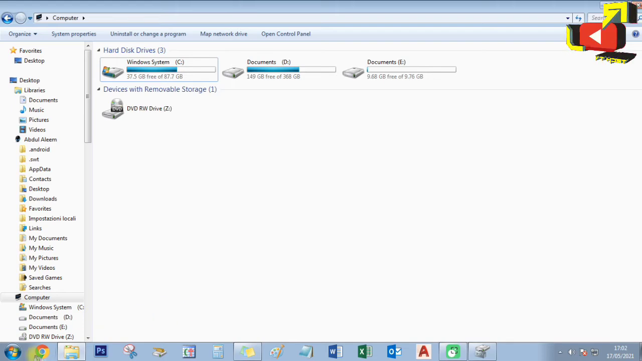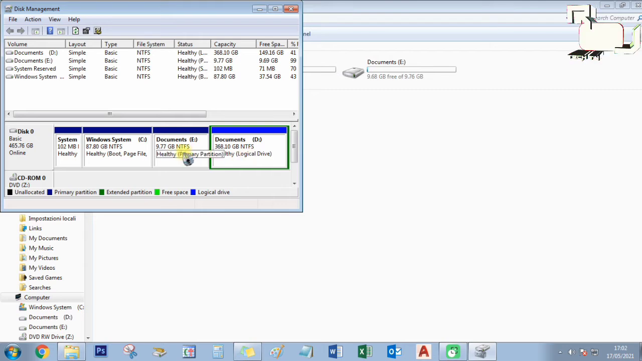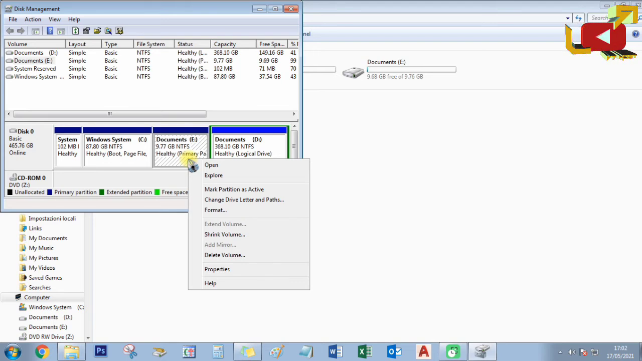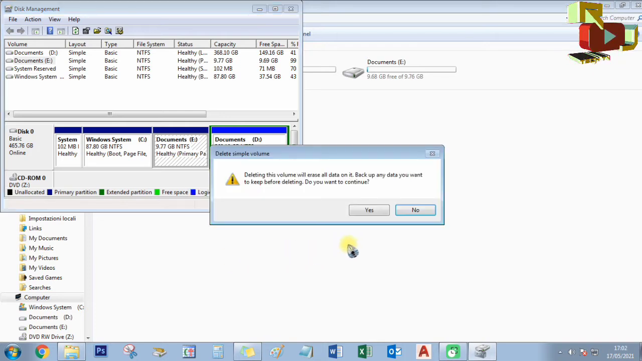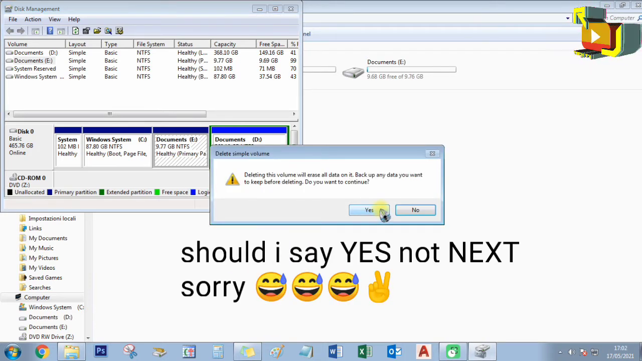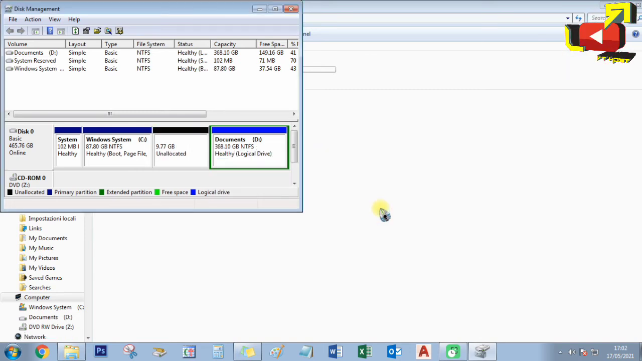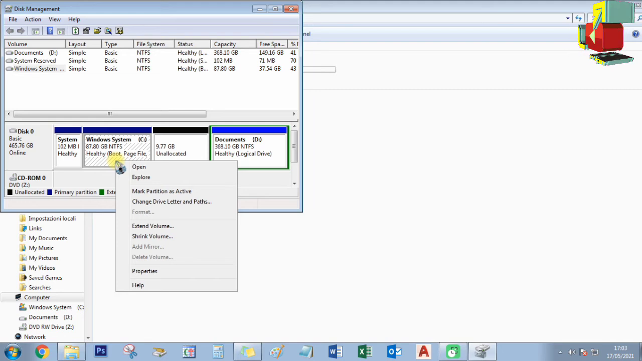If you're not satisfied with this volume amount, just choose drive E again, letter E, then right click, then choose Delete Volume here, then click Next. Then you can see the unallocated volume again here. So what we're going to do is select our main drive, which is drive C, then right click,